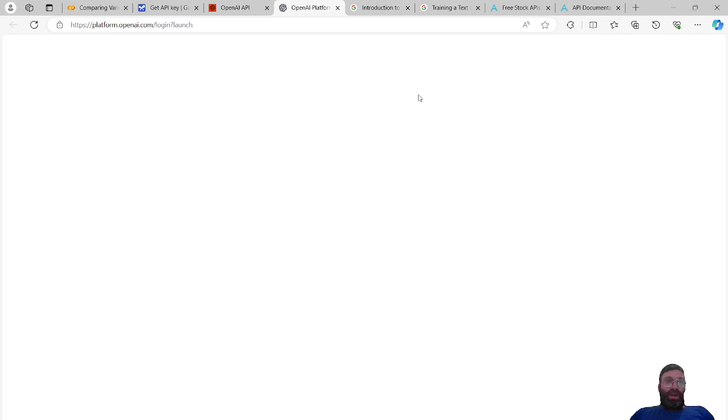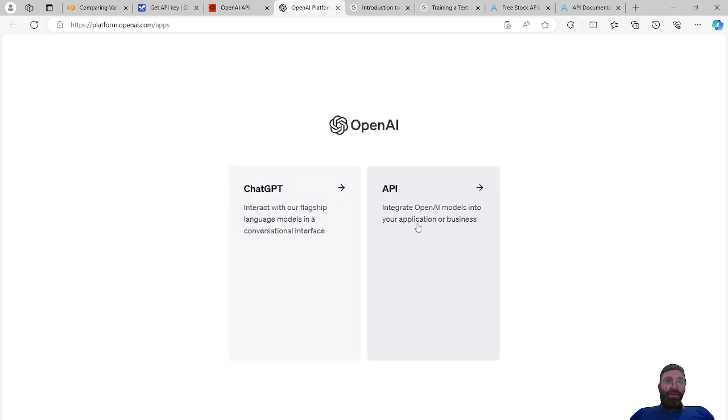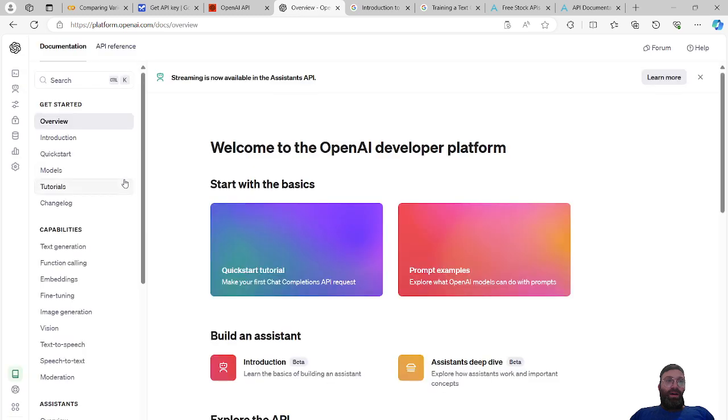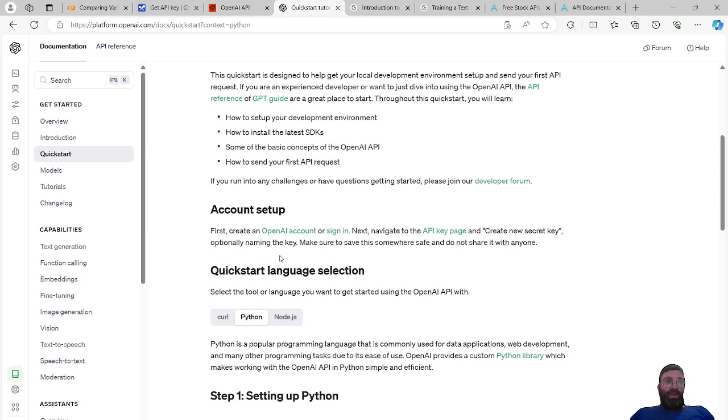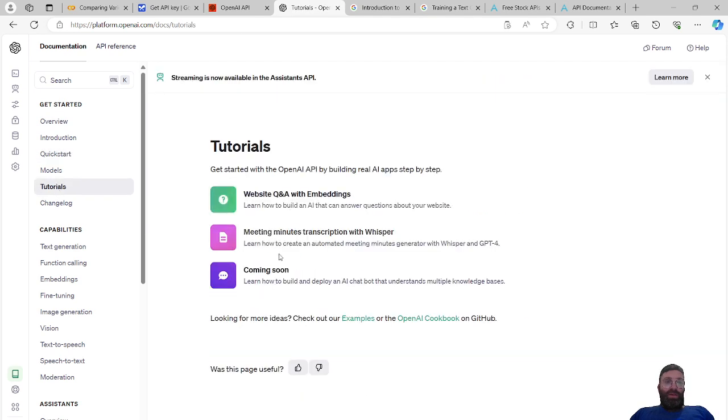Similar to Gemini, you have tutorials, different models, fine tuning, embeddings, images, all that stuff, very similar. These are all the same, they're just competing with each other. Okay, so anyways, if you look at the tutorials, there's maybe an overview,